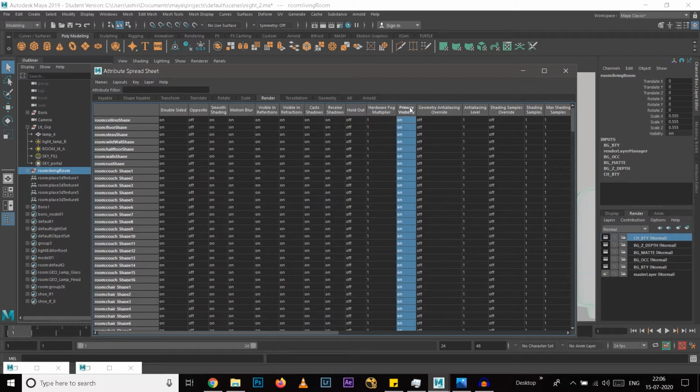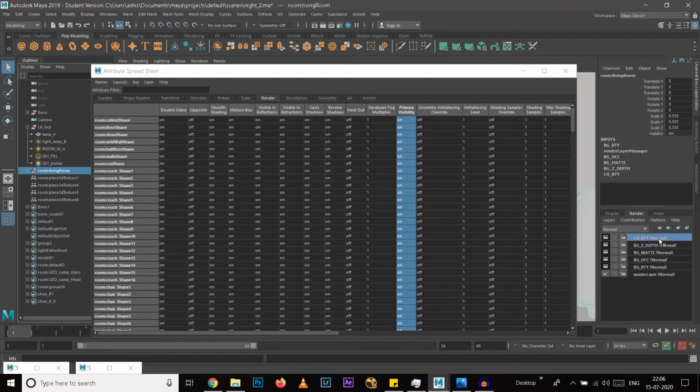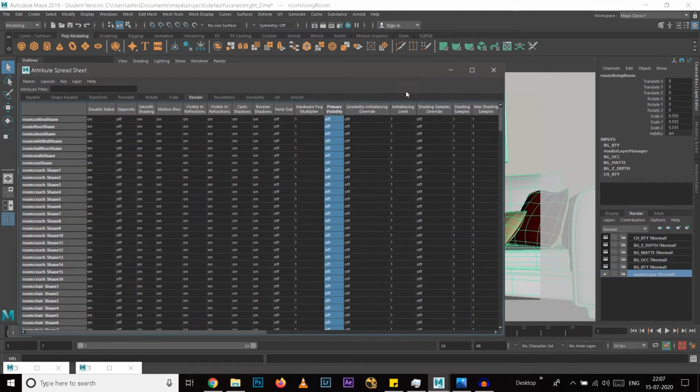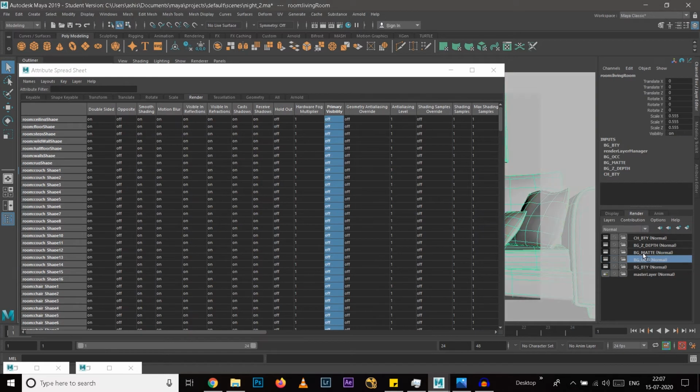But what we need is that in all these layers our background should be visible. But in this particular layer, character beauty, this background should not be visible. So if I change this primary visibility to 0, it will turn itself off. So what will happen, that in all these layers this particular property is off.